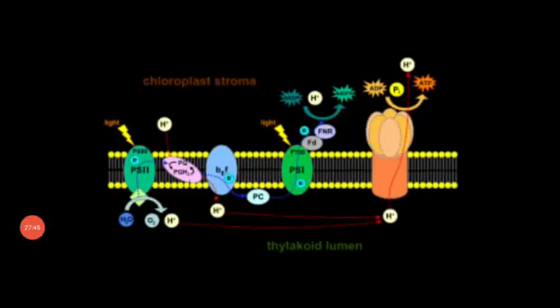Dear students, this is another diagram which shows the photosynthetic process which takes place in the stroma region. That is not given in your book, but I want to show you the diagram of how photosynthesis takes place in the chloroplast region, that is the thylakoid lumen.